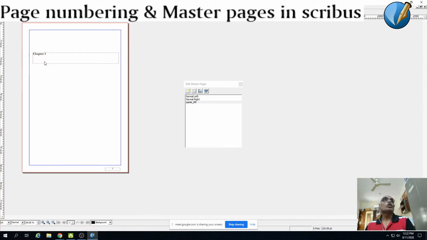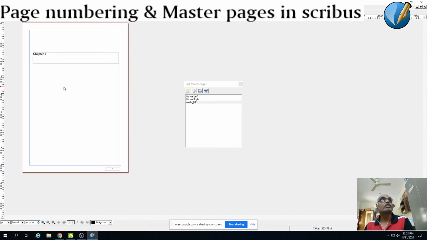So whenever you want to start a new chapter, you ensure that you have a separate text box for the header. Why you need a separate text box for the header is, when you want to create a table of contents, you can include only the box inside the table of contents. The text box alone can be included in the table of contents. Supposing you create this box, and after chapter 1 if you keep on typing your material, what is likely to happen is, when you auto add this box to your table of contents, your table of contents will list all the words you are going to type within the text box.